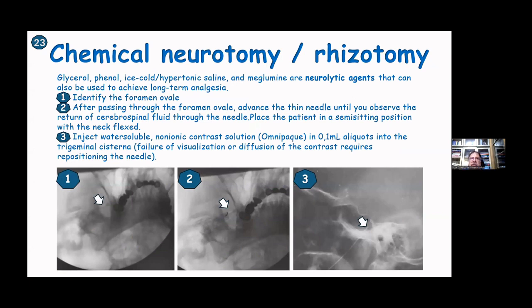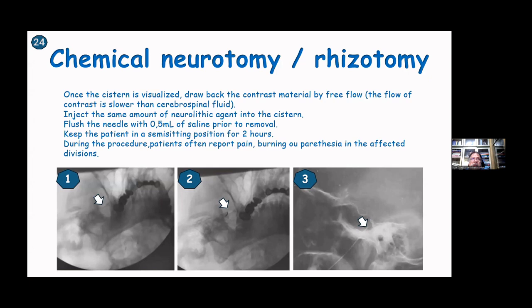Chemical neurotomy of the trigeminal ganglia can also be done by percutaneous puncture of the oval hole. We identify the foramen ovale. We wait for the cerebrospinal fluid to come out. We place the patient in a semi-sitting position with neck and head flexion. We inject contrast in a fractional manner with a liquid of